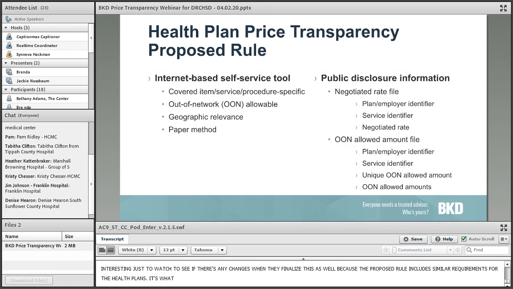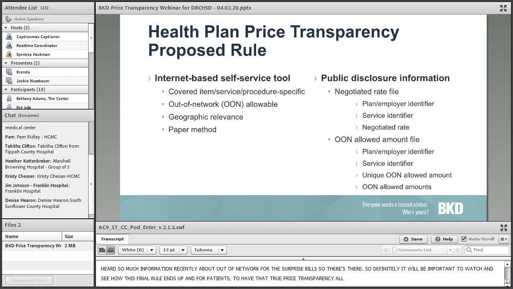sharing. The elements that were noted included the out-of-pocket amounts, the accumulated amounts, out-of-network, and then services that would be included in the estimates. Originally there was a 60-day comment period, and then CMS had to extend that for an additional period, but it closed at the end of January. And so it's certainly going to be interesting to watch to see if there are any changes when they finalize